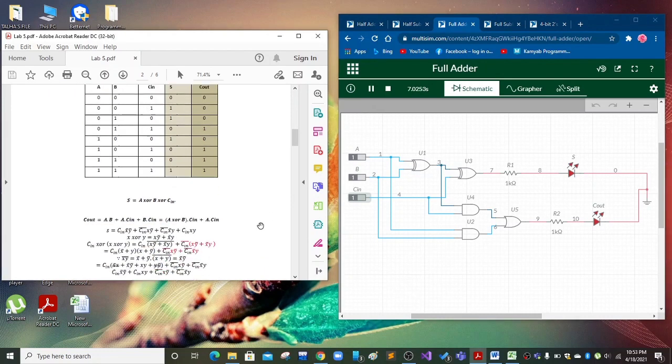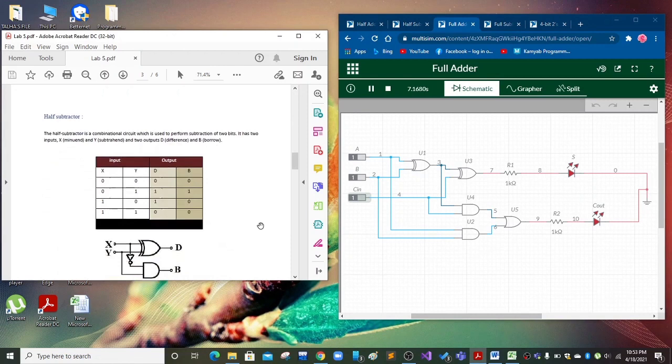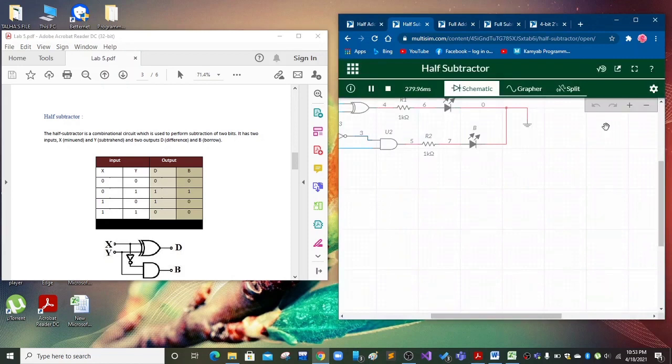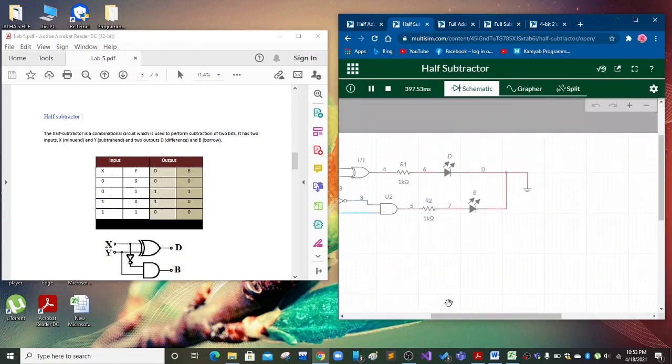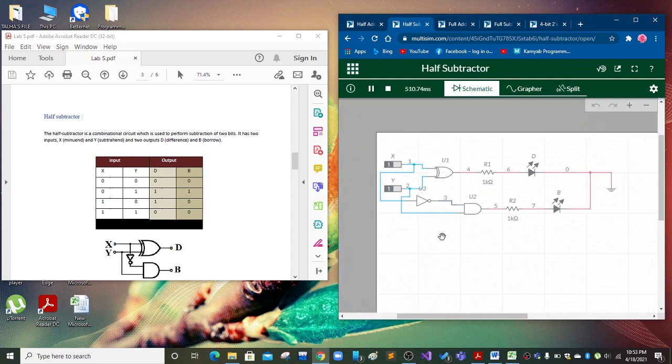Now move on to the half subtractor. This is a truth table of half subtractor, and this is circuit implementation of half subtractor. When all the inputs are 0, we can see that the difference and the borrow is also 0. The difference and the borrow is output, and when Y input is 1, the difference is 1 and borrow is also 1,